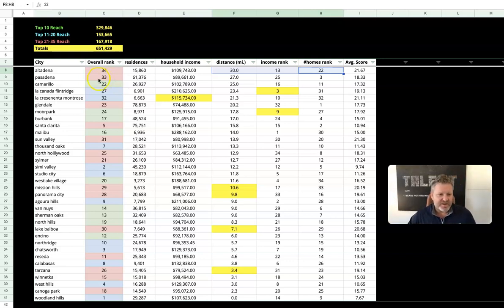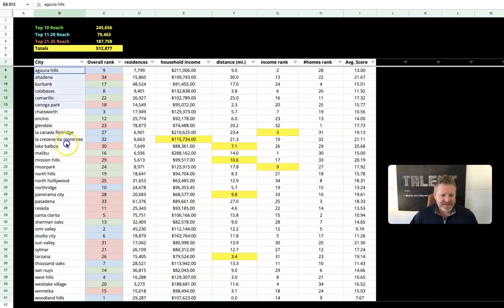So the first thing that we're going to do is put all the cities, and I'm just going to go ahead and sort this. These are all the cities of the client. This is what I would do. I type them in there, and then the next thing I do is go to Google and type in how many homes are in Agora Hills, and I go through all these cities and put the numbers in here. Why? Because if you're doing home services for roofing, gutters, plumbing, HVAC, landscaping,